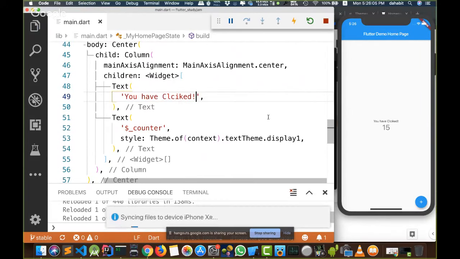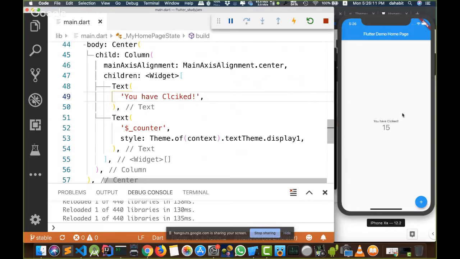And just press save. See how much time it takes to display the new changes on the emulator or the simulator. It only takes less than 1 second. And this is one of the unique features about Flutter. It gives you instant hot reload that sends the changes directly to the emulator, because Flutter in this case is using the JIT compiler that we explained before in our presentation. The JIT compiler and the virtual machine allow you to see the changes directly.